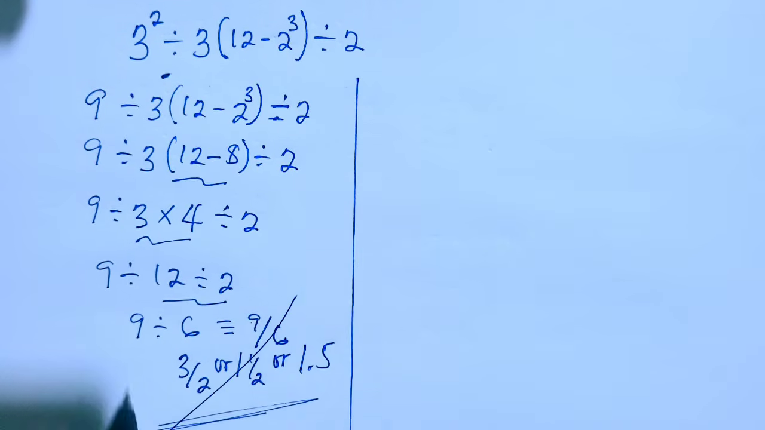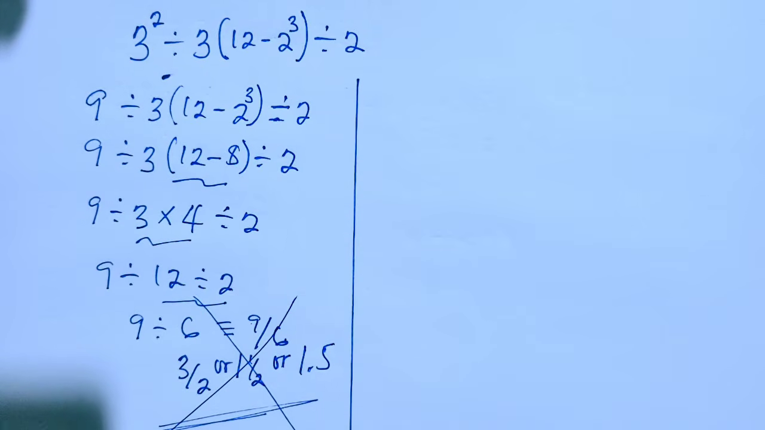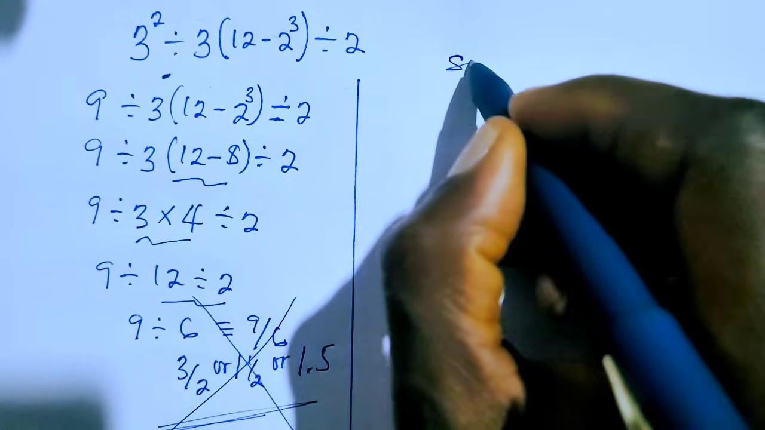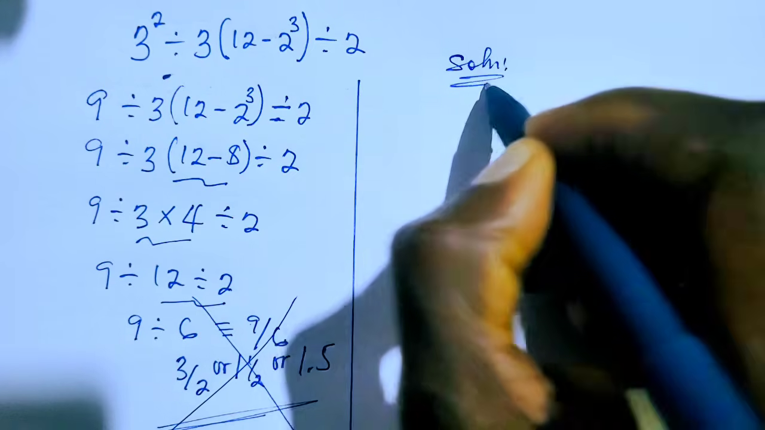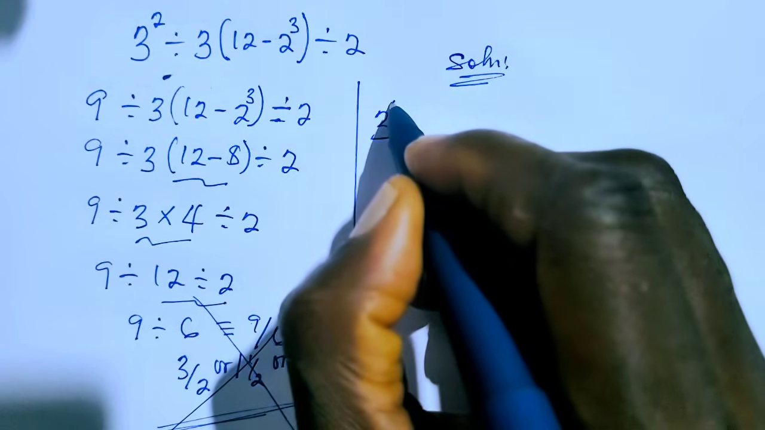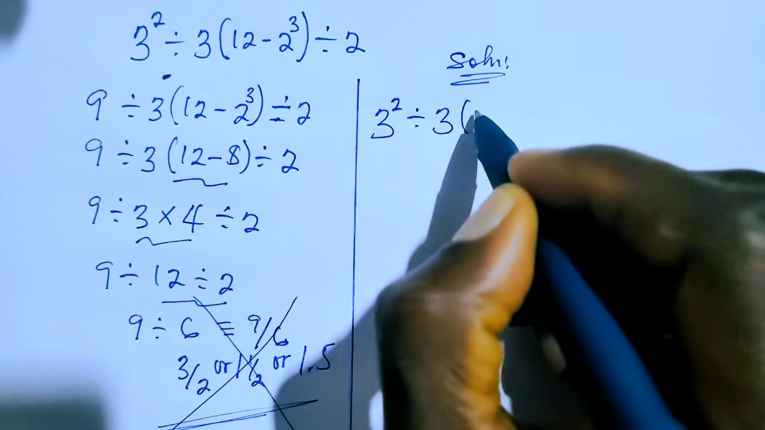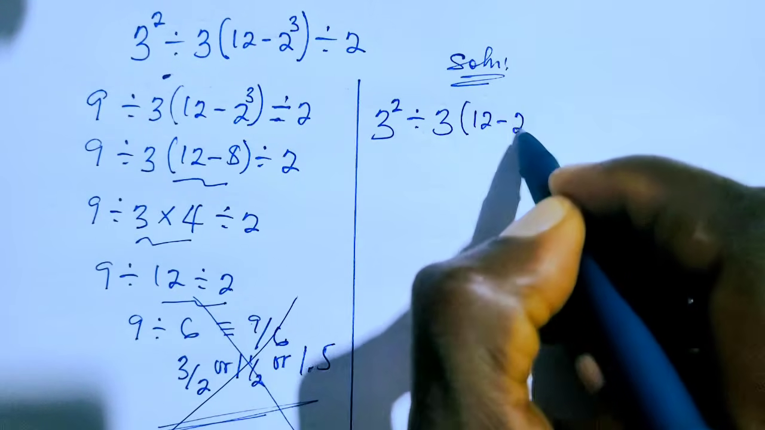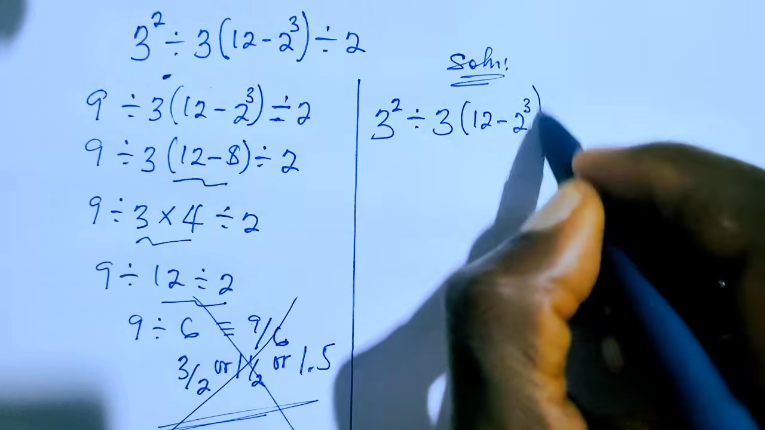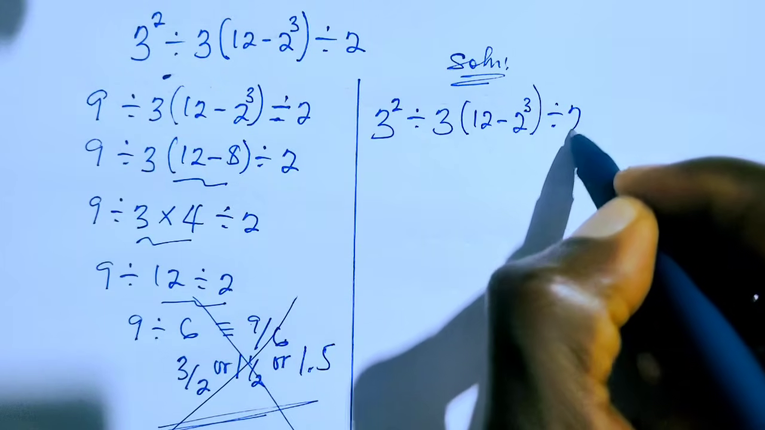But this answer is wrong. Therefore, this first approach here is completely wrong. Do not make this mistake. Now, to get this right, we are going to have this 3 to the power of 2 divided by 3 into 12 minus 2 to the power of 3 divided by